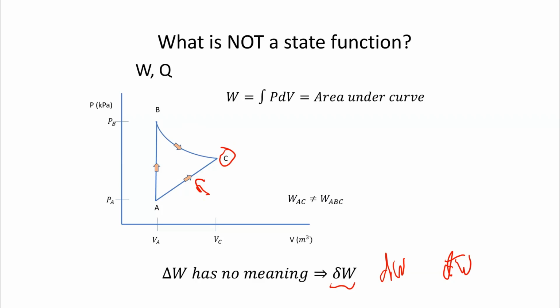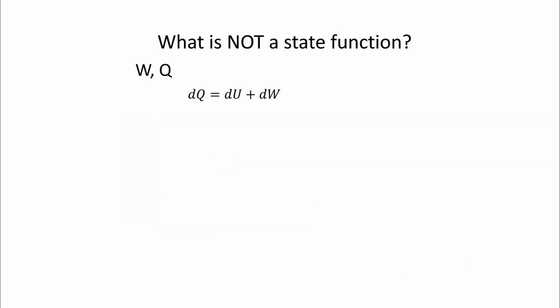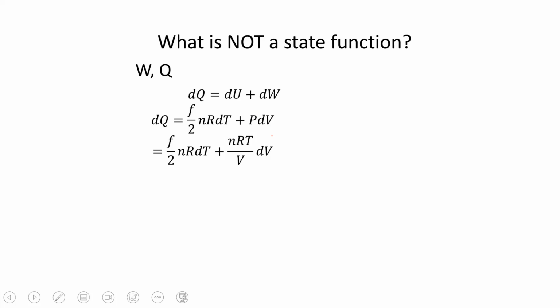Okay, so what does all this have to do with the derivatives and stuff we were looking at earlier? Well, let's examine dq instead, and let's just see if dq can be a state function. In other words, some small amount of heat added to the system. We'll say it's a state function if I could say q2 minus q1 is in some way equal to delta q. Okay, we'll see if that statement is meaningful. So the first thing you do, rewrite dq in terms of other things. If I have the ideal gas law, the energy of the system always depends on the degrees of freedom, and the work is always PdV. We do another thing. We plug in by ideal gas law, P equals nRT over V.